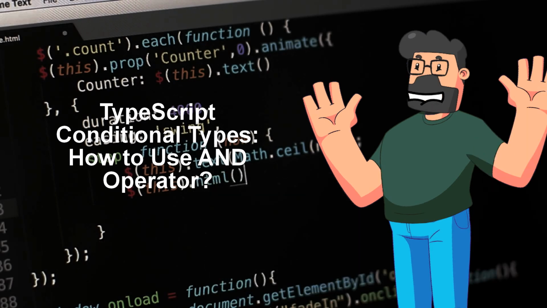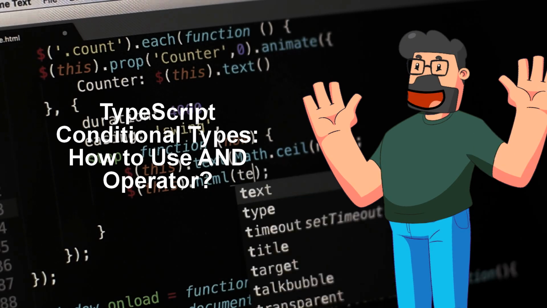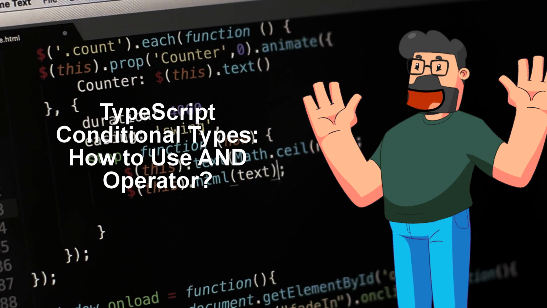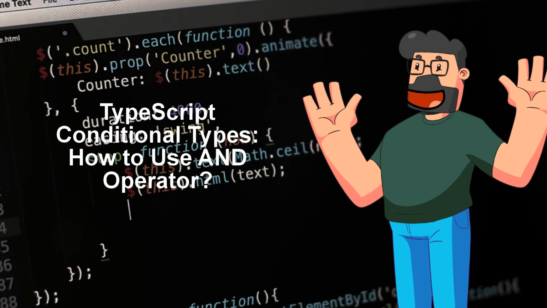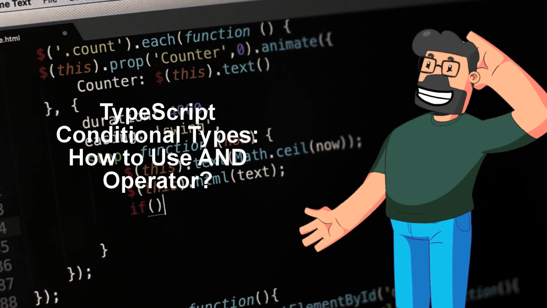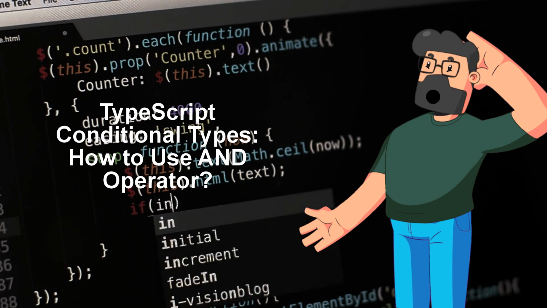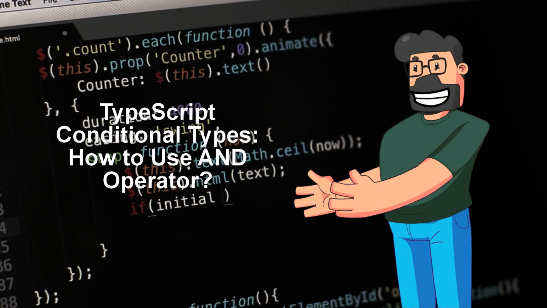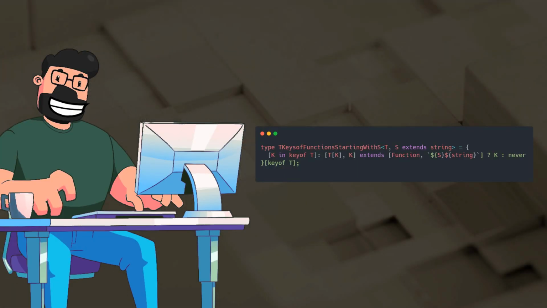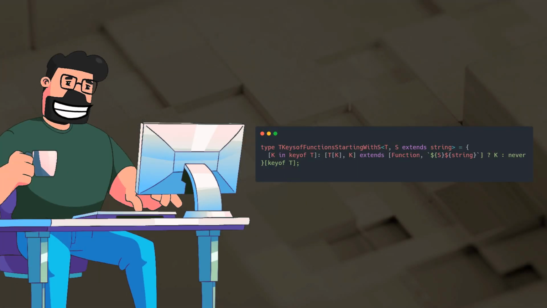The problem at hand revolves around using a conditional type to filter out keys of functions, starting with a specific letter in an object. The initial attempt involves using an operator within the conditional type, which unfortunately isn't supported in TypeScript. Now, diving into the solution, we can work around this limitation by leveraging the covariant nature of types in